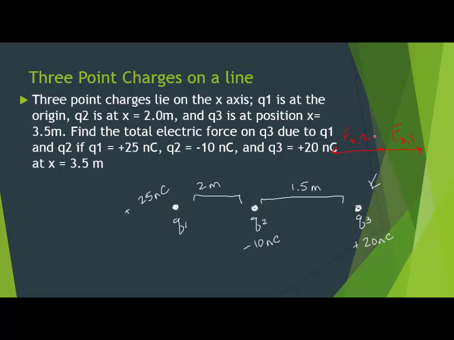All right, since I've already drawn the force vectors, I'm going to calculate the magnitude of these forces. Some people get thrown off by the negative, positive, and the charges, but I feel like I've already taken into account the positive-negative situation because I've drawn my force vectors, and I can see